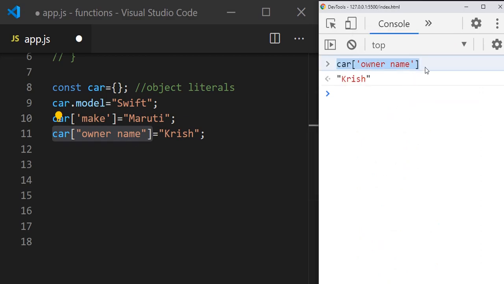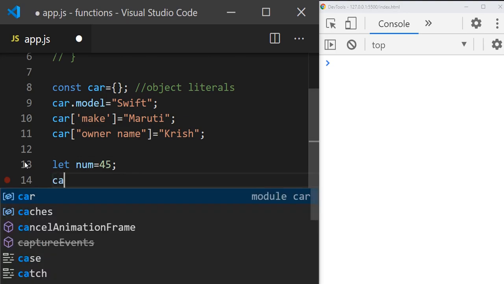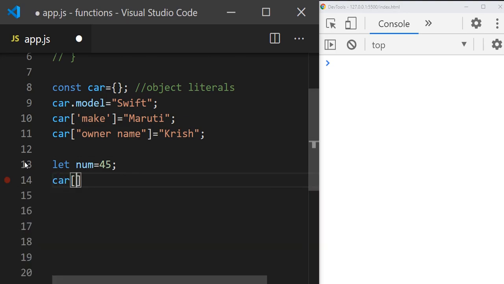When you want to retrieve a property which has a space, you need to use these brackets. Another important point is that whatever property you add, the object will convert it into a string. Let's say I create one variable, let num equal to 45, and I add car[num] equal to some number and save it.